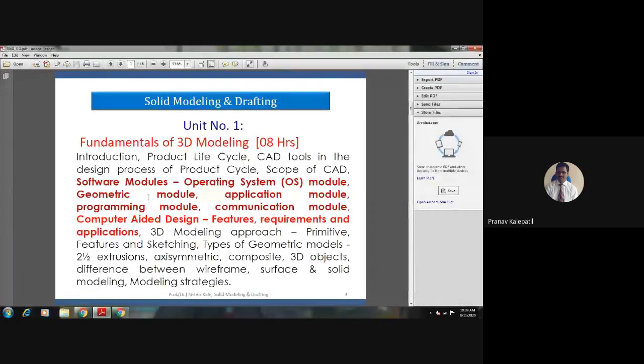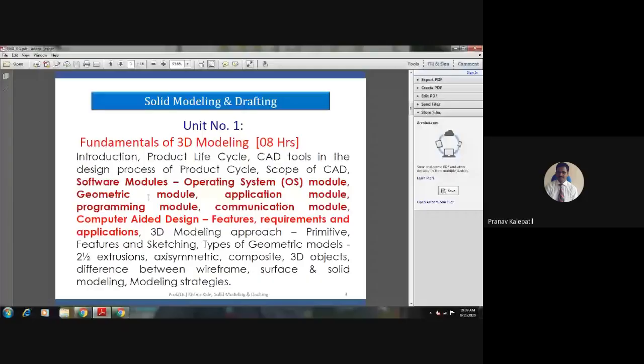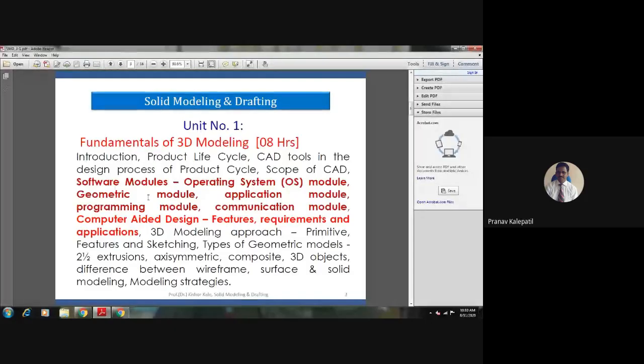In this particular class, when I talk about software, it means a geometric modeling software. So I will be using the words geometric modeling, or sometimes only modeling. It means geometric modeling. That means we are going to create a model in the software. So don't get confused. Sometimes different parallel words are being used now and then.